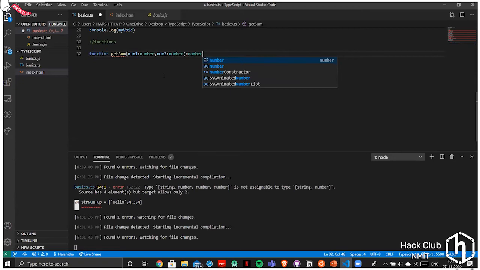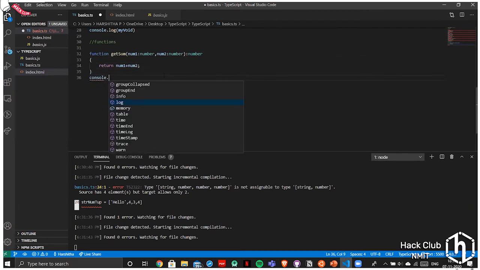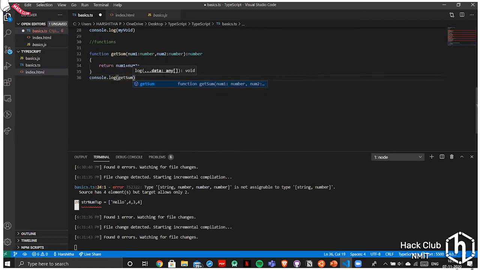Next, it's a return statement: num1 plus num2. And then console.log getSum, I'll give values 1, 4.